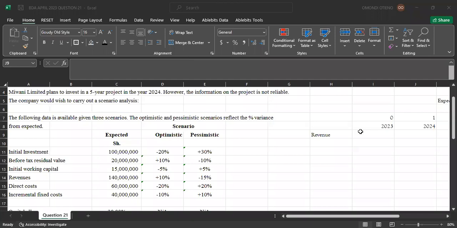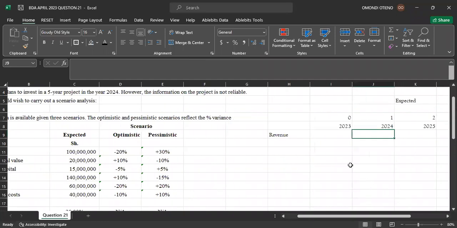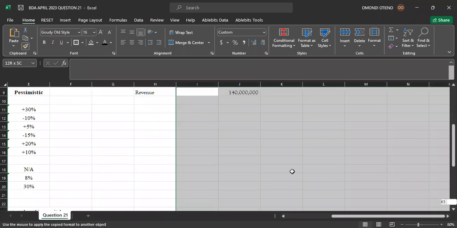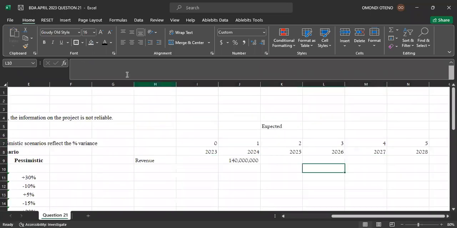So revenue for 2024, we are given 140 million. That's what we are given. Let me just make them to appear in that manner. Good. So if you have 140 million in 2024,